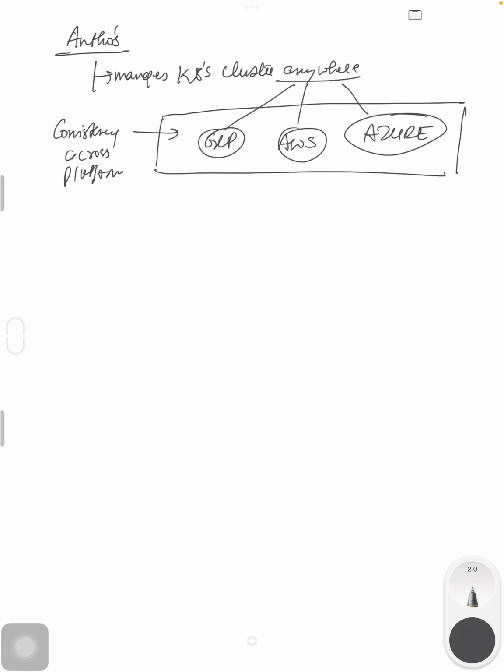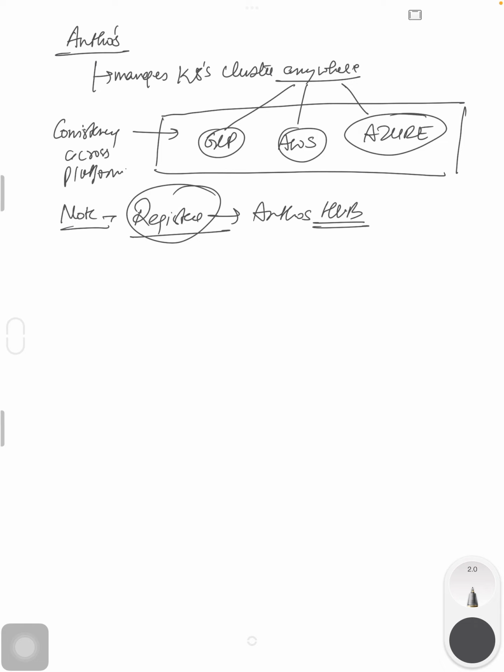One thing to note over here, every cluster is not an Anthos cluster unless we register it into the Anthos hub. In the GCP console we have an Anthos service, we have to go there and register that cluster. And also when we say Anthos cluster on AWS,